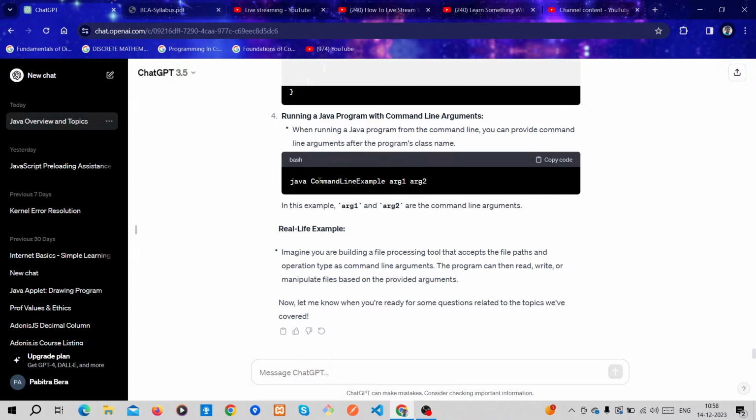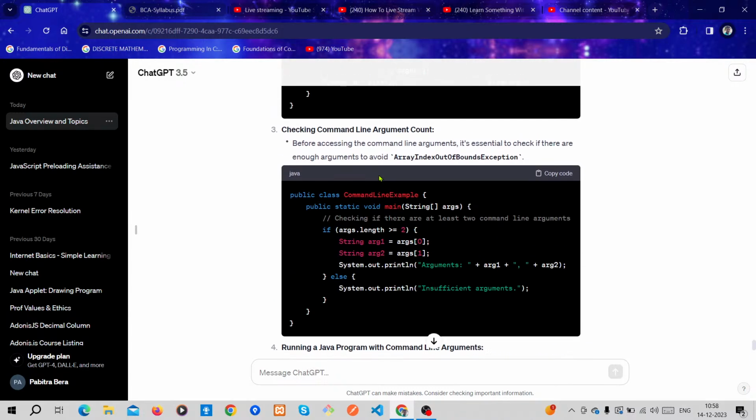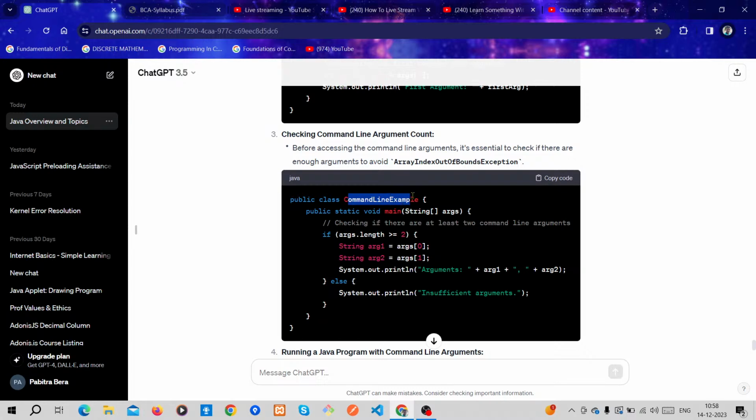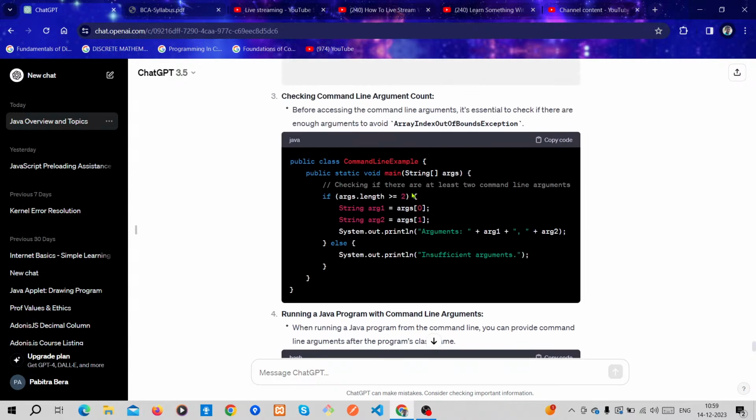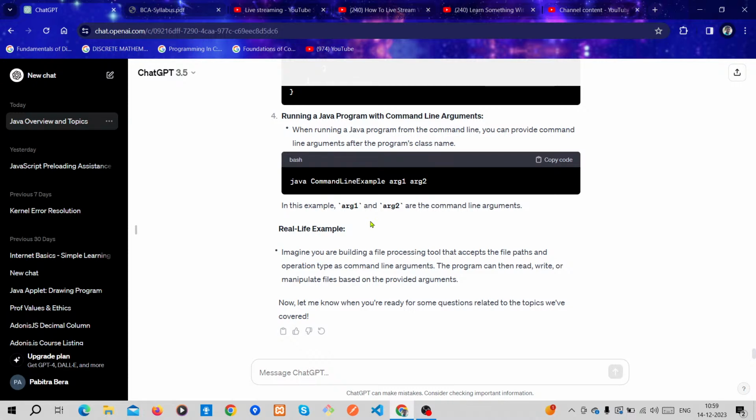Our class name is CommandLineExample. So we write java CommandLineExample, and we pass the two variables, arg1 and arg2. In this example, arg1 and arg2 are the command line arguments.